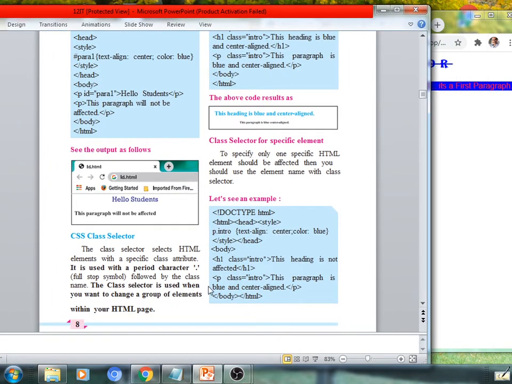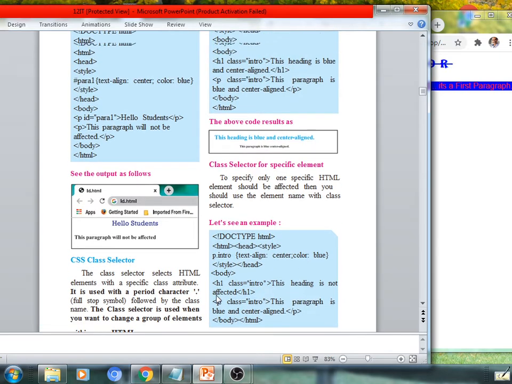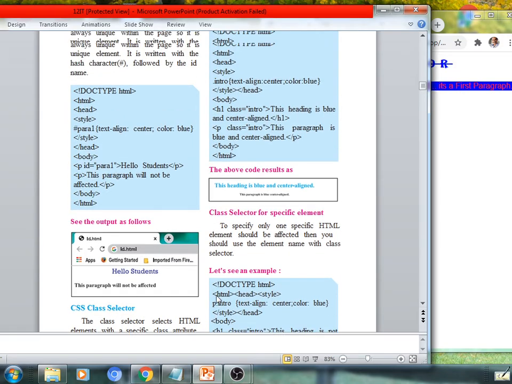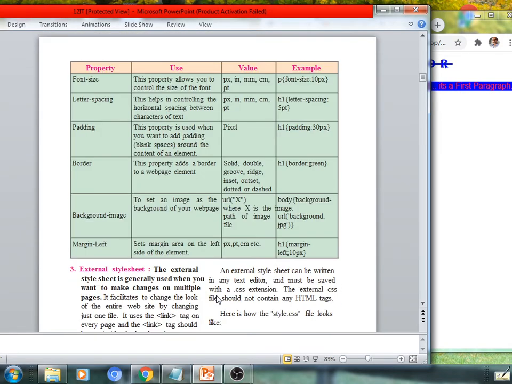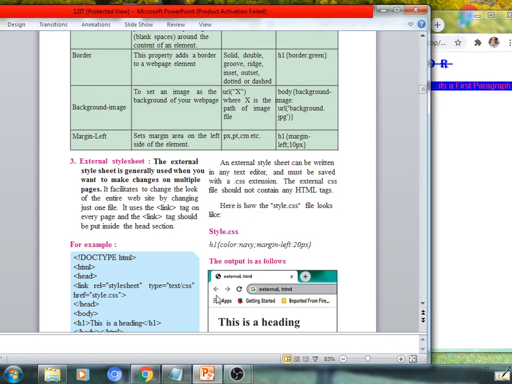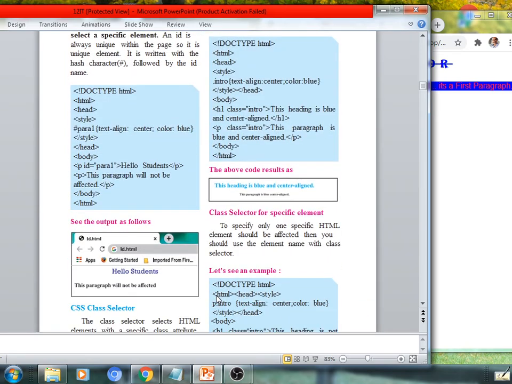A class selector is used when you want to change a group of elements, meaning maximum lines or a group of elements will be affected through this selector. So a sample program or an example for this we will see here.